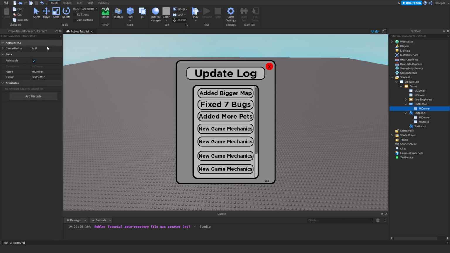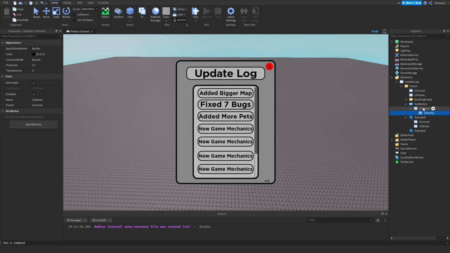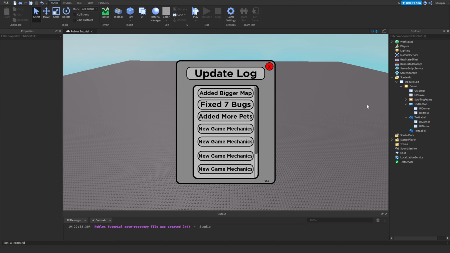I'm going to make this just 100 so that it's fully circular, just like this. And I'll add in a stroke just so it looks a bit neater. There we go. I'll change down the radius of this stroke. There we go. We have our basic update log,